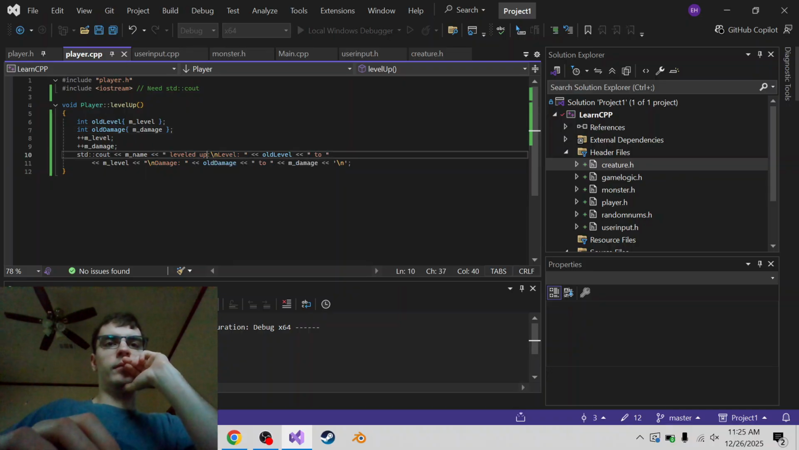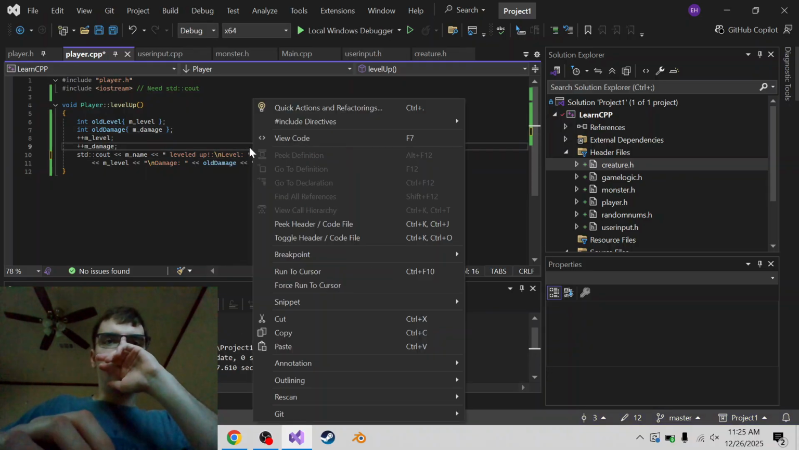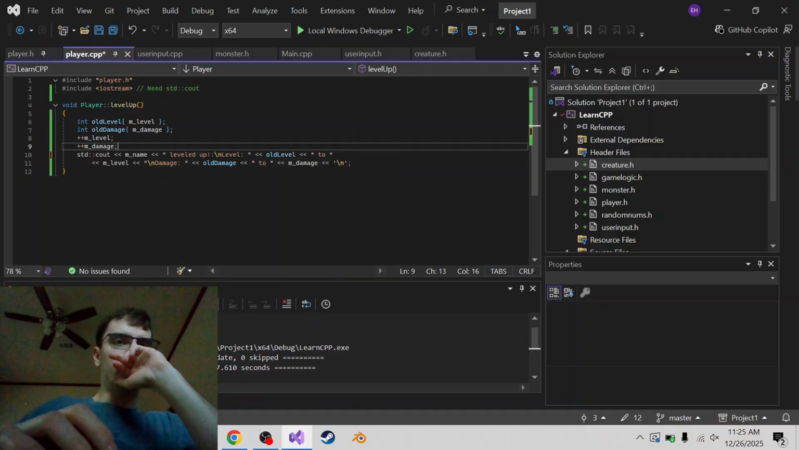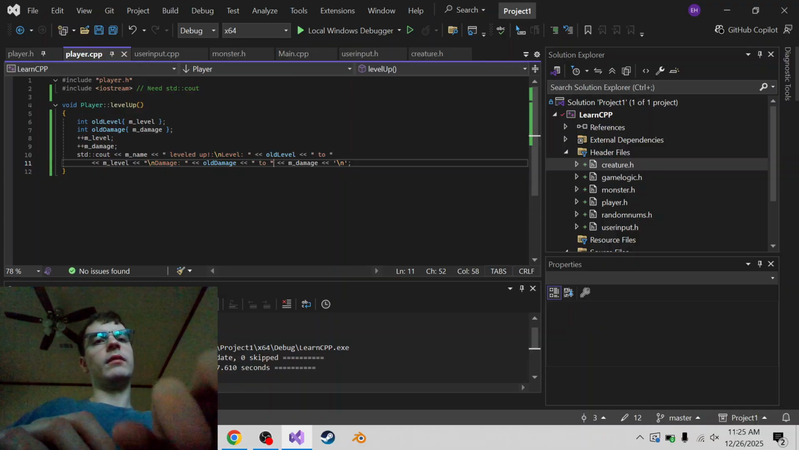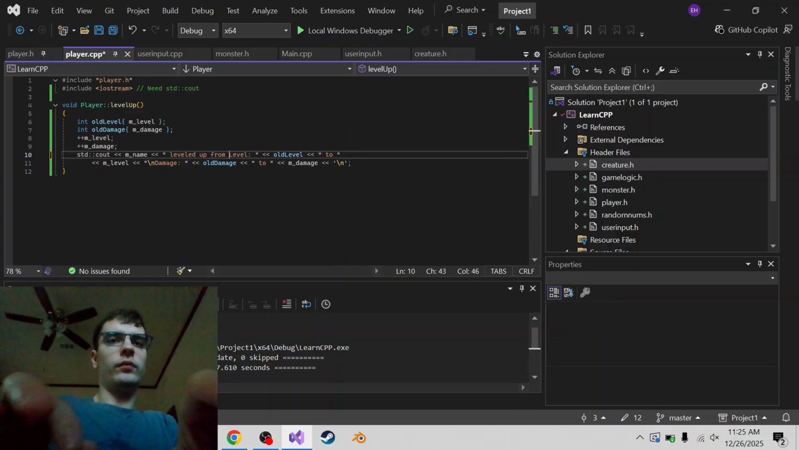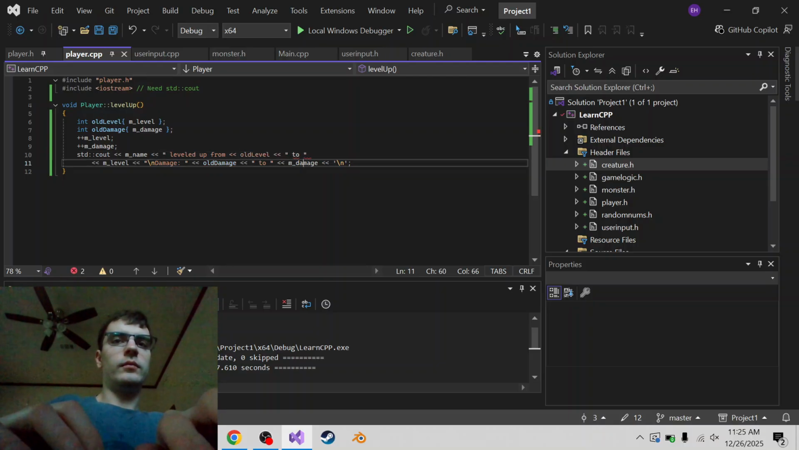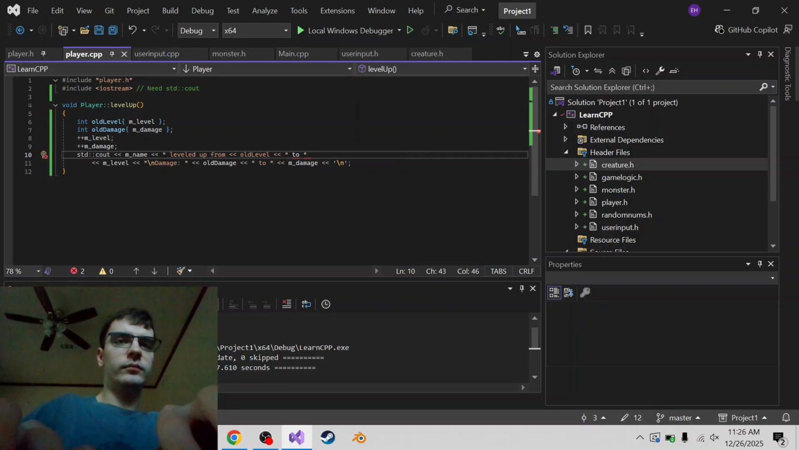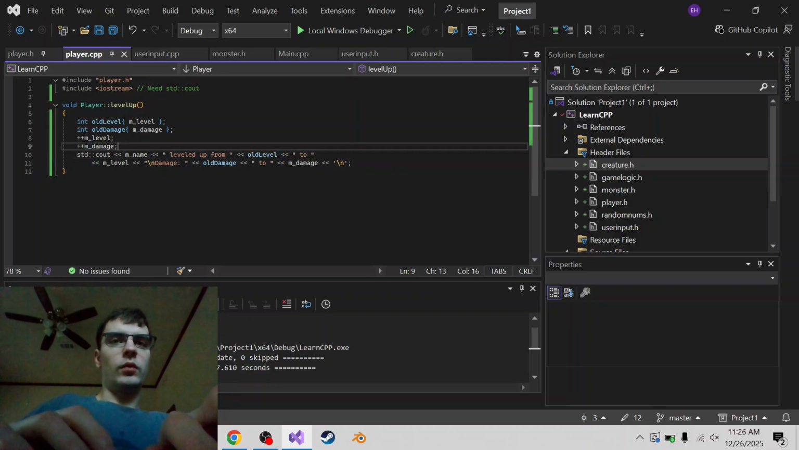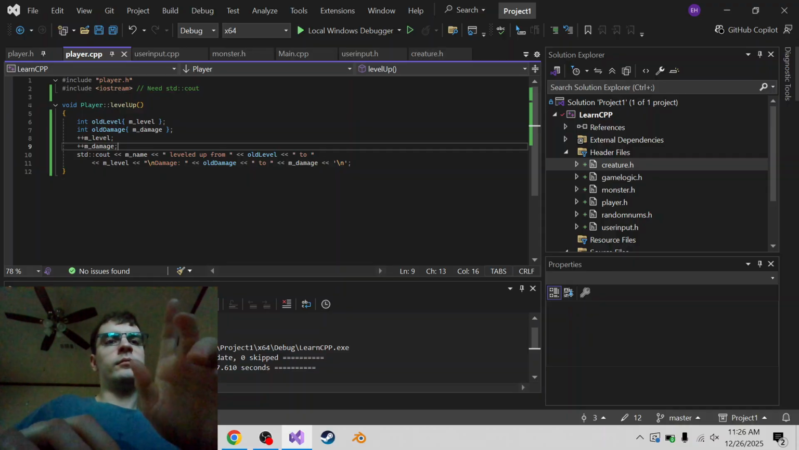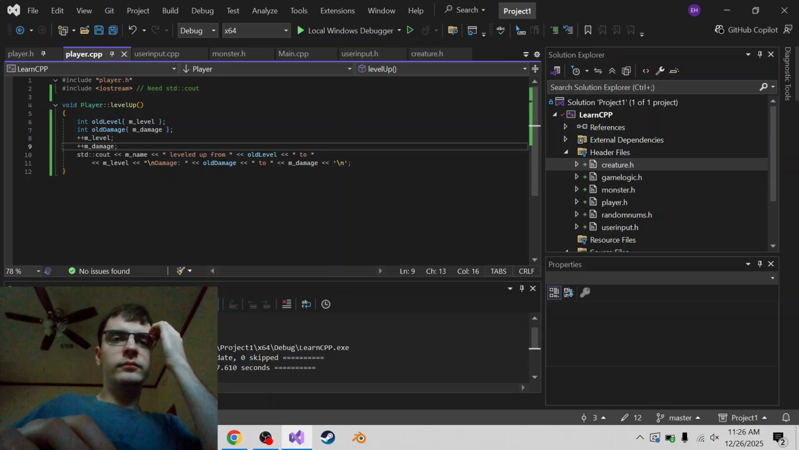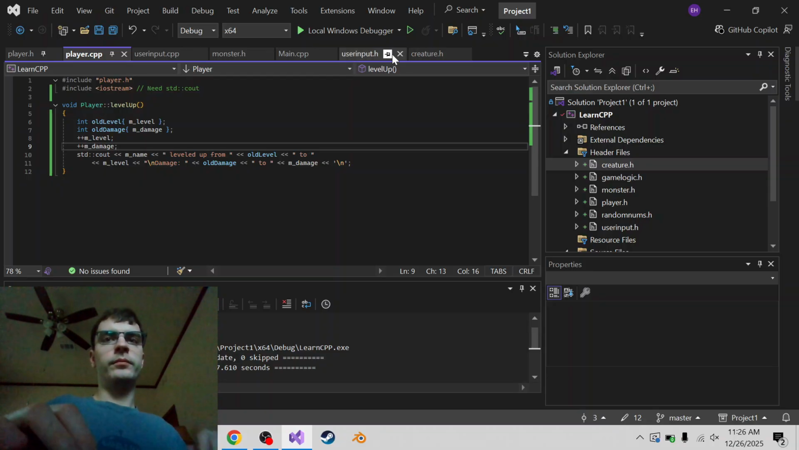Ethan leveled up. Level this to this. Damage this to this. Or really it should be leveled up from, we'll just say from... oh, oops. Old level to new level, and then end the line. Damage this to this. Okay, cool. So